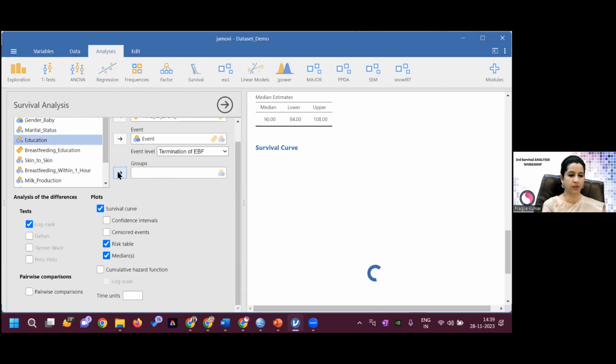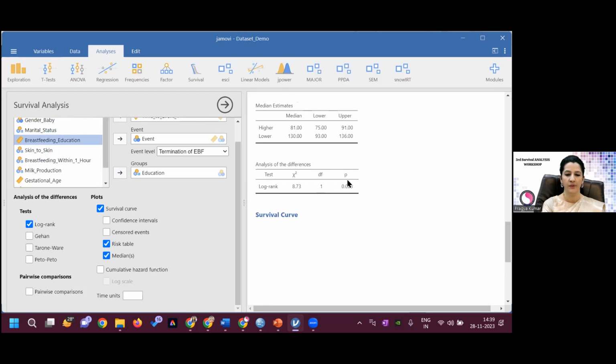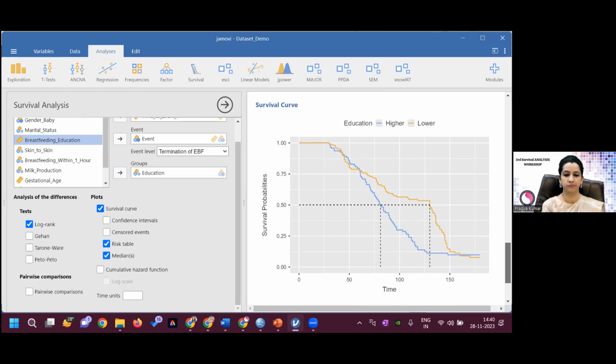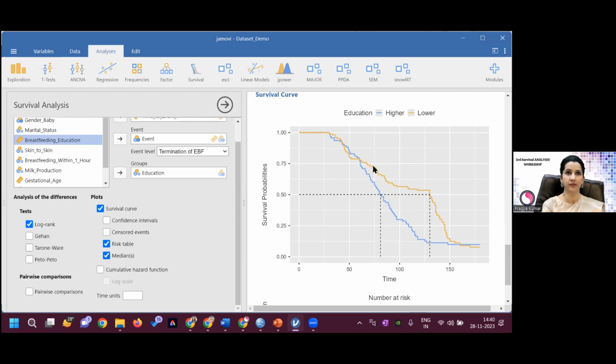There was education. So if you enter education, you can see the value of log rank. It was significant. And if you see the median survival time, in lower education it was higher. That means exclusive breastfeeding was for more number of days. That was 130 days in the lower education group, and it was less in the higher education group, which was significant. And you can see that the survival curve which is upper has a better survival probability. So the lower one has the better survival, and you can see the median survival time here also. It is more in case of the